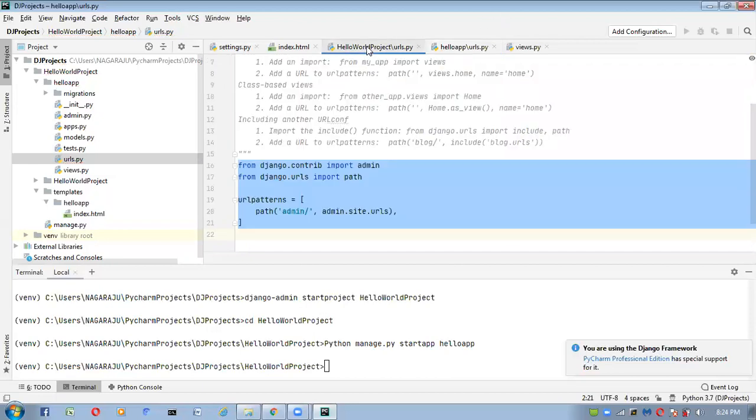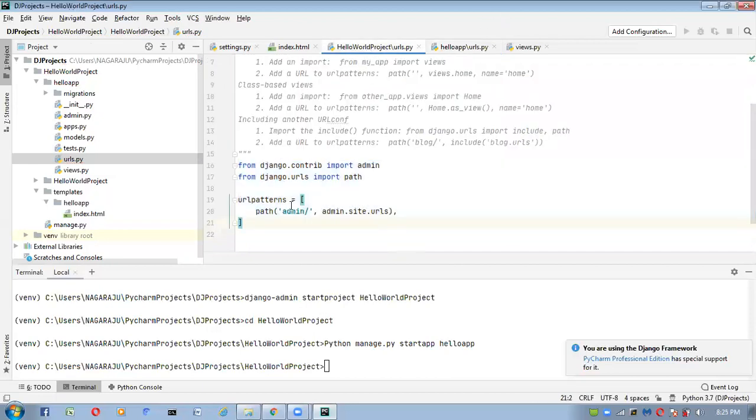Now go to the project level urls.py file. Here we have to include that application level urls.py file at project level. For that, just copy this one and paste it here. Here I'm giving index slash, and inside the quotations we include our application name, hello app, inside which I created the urls.py file.